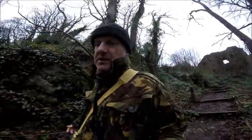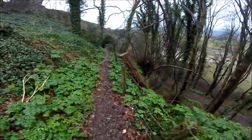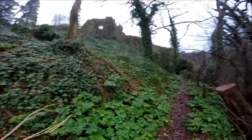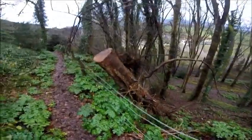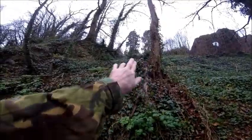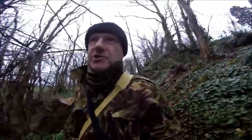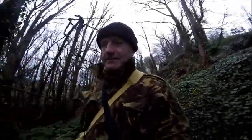And it's just stopped raining. When I first packed up the castle, it was actually chucking it down, but it is going to clear. Tree come down there. This looks like it's been cut from somewhere. It's cut from the top of there, I think. But that's a really strong smell in the Gwyniai today. Not sure what it is. But anyway,